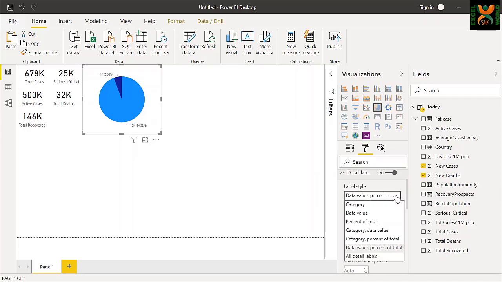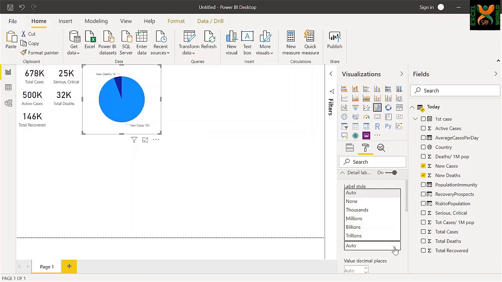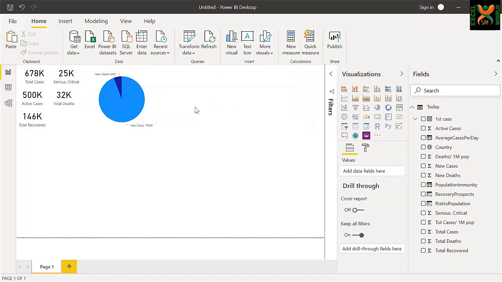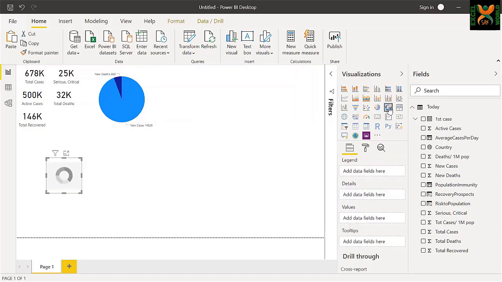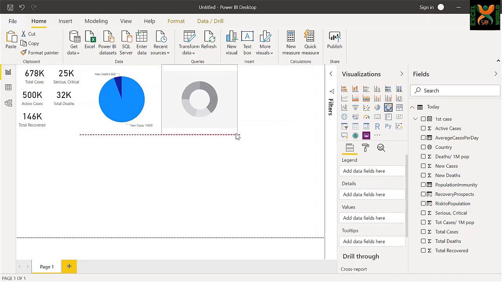We can have the category and the data value. Also, we will have to modify the display unit. We need the actual number of cases, and click on the blank area, click the donut chart, place it against the pie chart, increase its size, and now we are going to create the pie chart about the total deaths